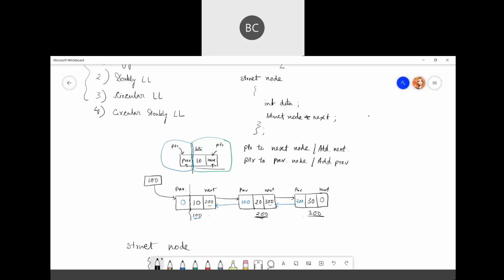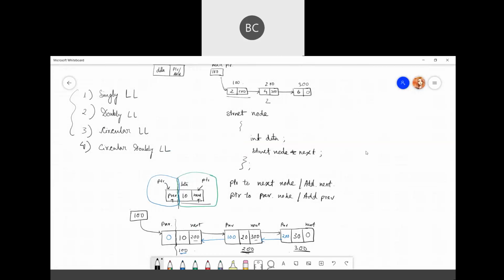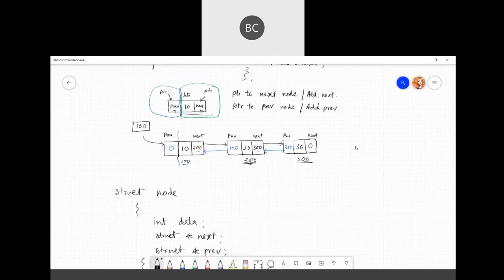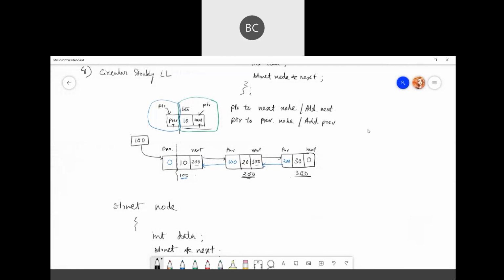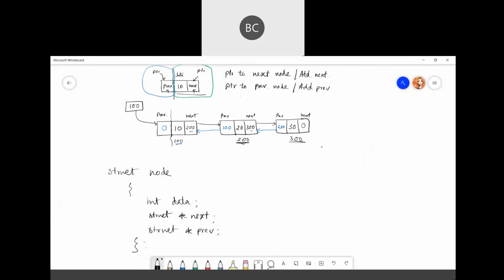So in the case of a doubly linked list also, remember, as in a singly linked list, we use a temporary variable to hold the address of any node, so that wherever we want to add something randomly, we have to go to the previous node, right? That's why we use the temporary variable. So here also, when we implement it, we use a temporary variable, maybe this is the location where I want to add or delete something.